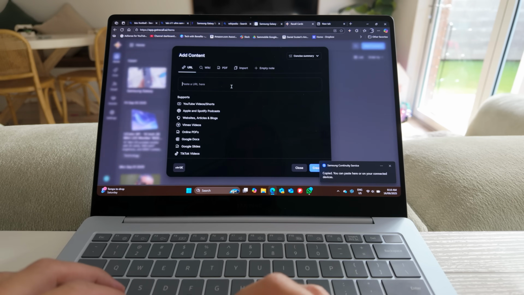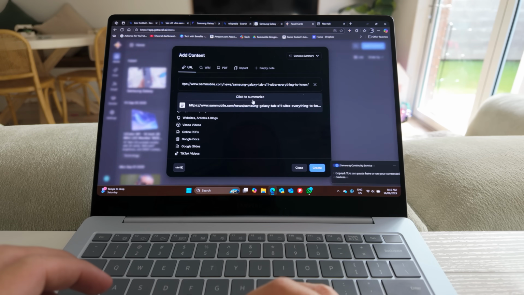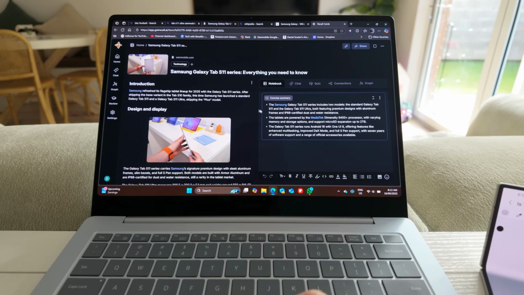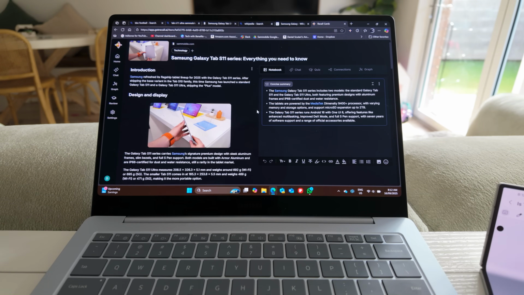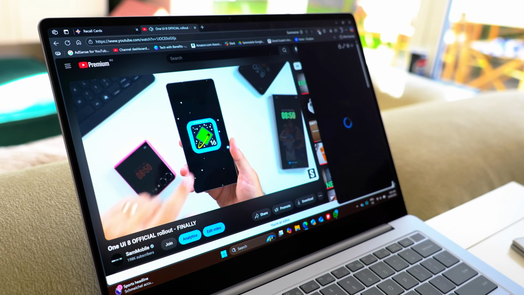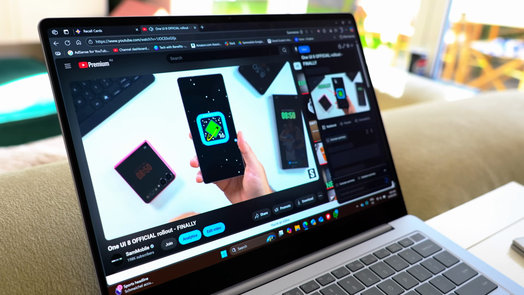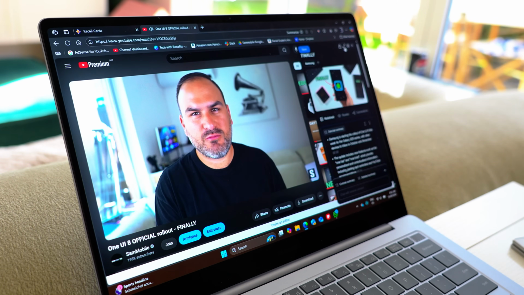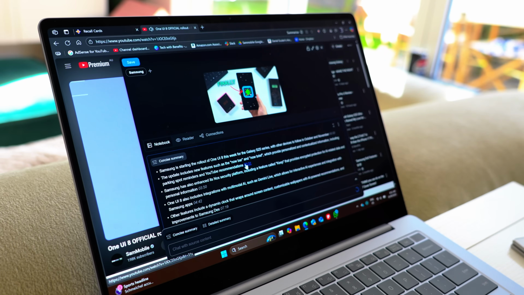Well, how do you add to it? You can use the website and you can paste links into it. That's a really nice option, but you always have to go to the website for that. Recall will do its thing once you do that as well. Organize it, summarize it, and group it for you. Or if you want to bypass that, you can download the browser extension. The browser extension through Chrome or Edge will be like your internet partner, your assistant, your best friend. You won't ever know how you used the internet without it.